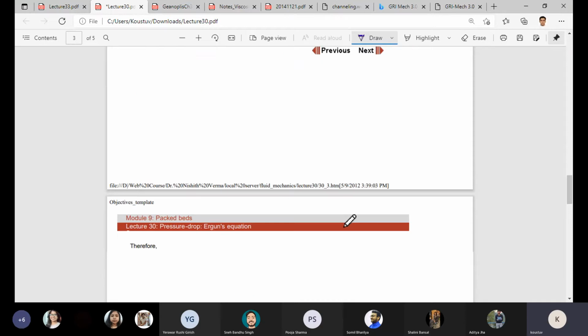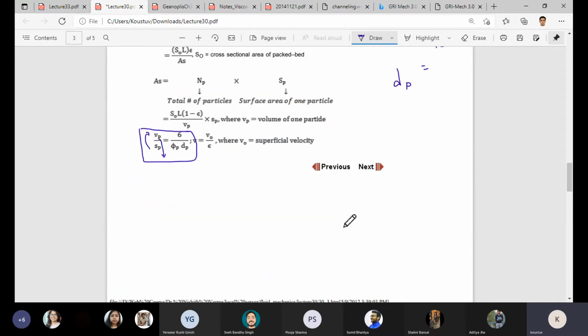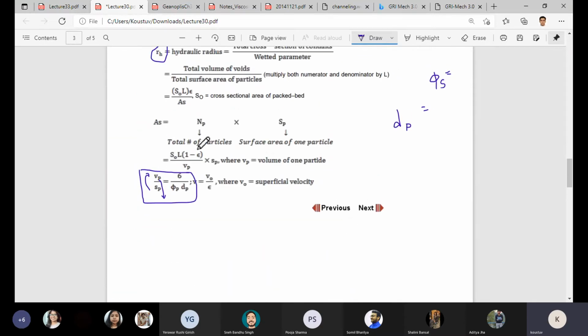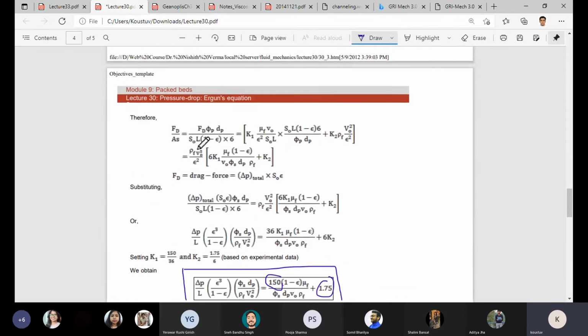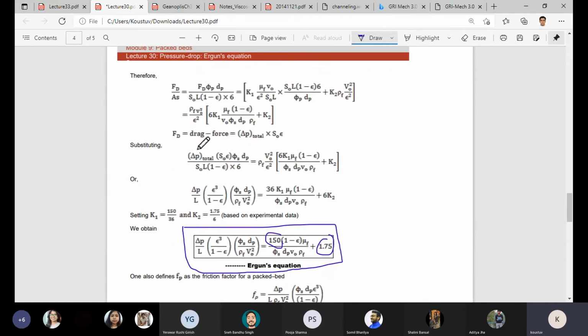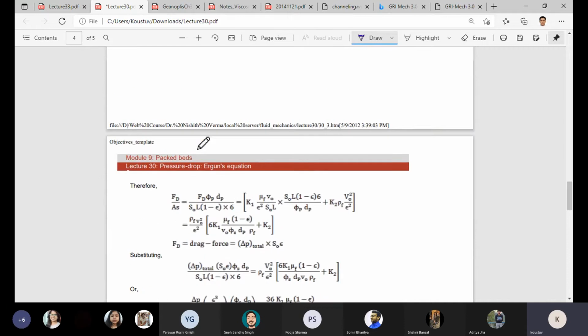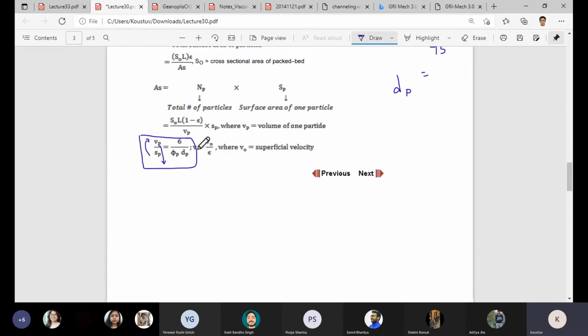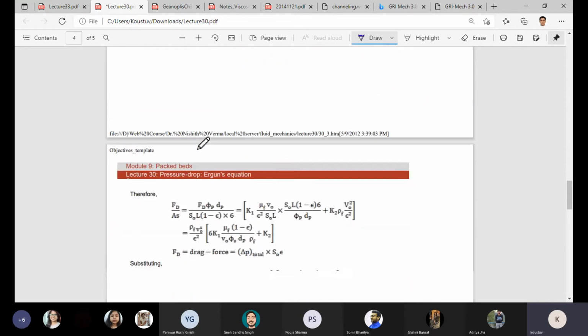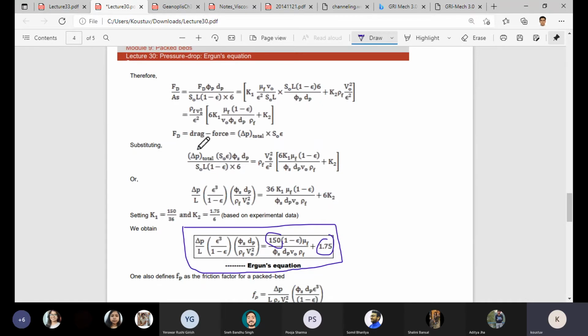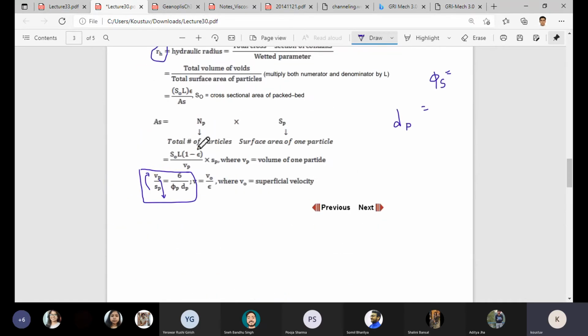So this dp calculation comes from here, and epsilon is basically the porosity or the void fraction. You just go through these expressions. It is not possible to explain all the things in this short time, but it starts with this,